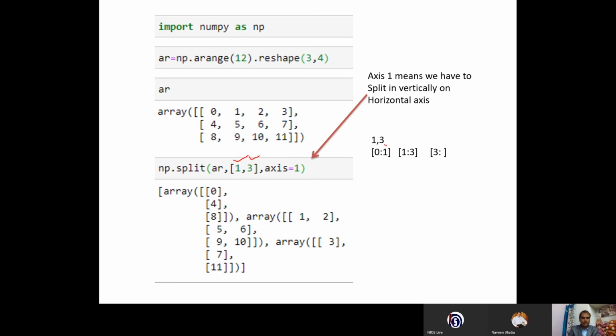See, 0 to 1 will be one group of the array, visible to everybody. Then 1, 2, 3. Okay, 1, 2, 5, 6 and 9, 10. This is the second group of the array and this is the last group of the array: 3, 7 and 11.